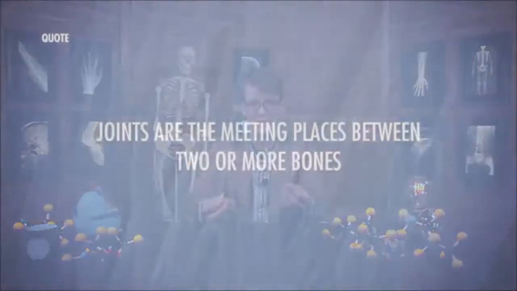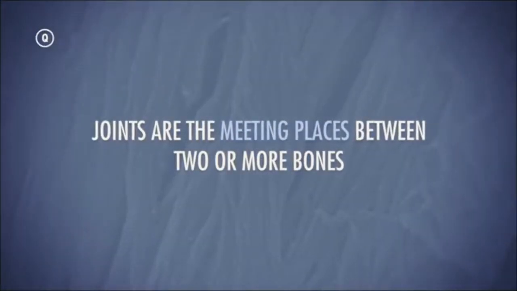There is way more to know about your skeletal system than just the names of the bones. In addition to bones, there's cartilage and fibrous connective tissue that allows them to work together. And maybe more importantly, if you're going to talk about the physiology of your skeleton, you have to talk about joints. Joints are the meeting places between two or more bones,